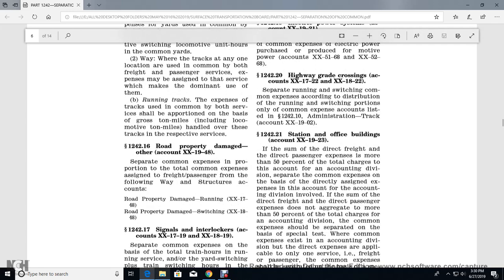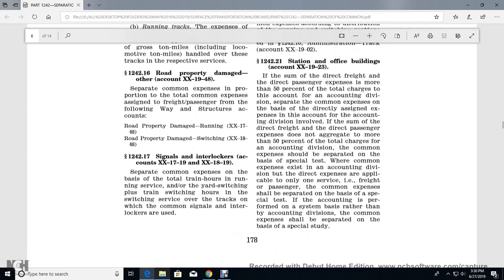The separate common expense for the proportional total common expense for the freight passenger for the following wage structure account. Road property damage running XX 1748. Road property damage switching XX 1848. Chapter 14, Statute